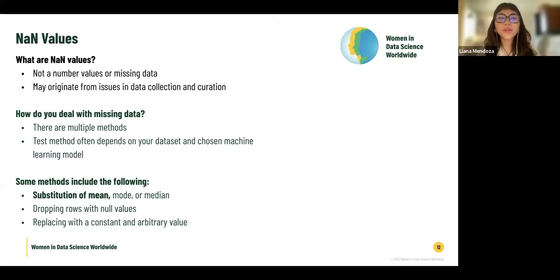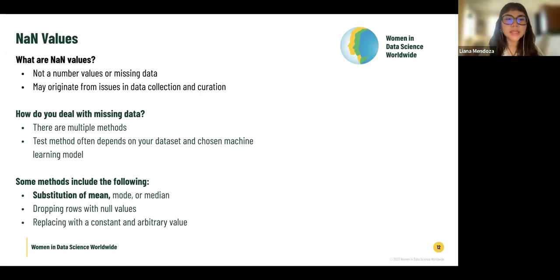All right, so before setting up the data for machine learning, as Kylie mentioned, we must address the missing values, or not a number values, to ensure optimal model performance. So first, what are NaN values or NA values? There are a lot of terms for it, but it basically means missing data. The problem of missing data may arise from issues regarding data collection and curation, depending on how it was handled. In this workshop, we will be demonstrating two very simple ways of handling missing values.